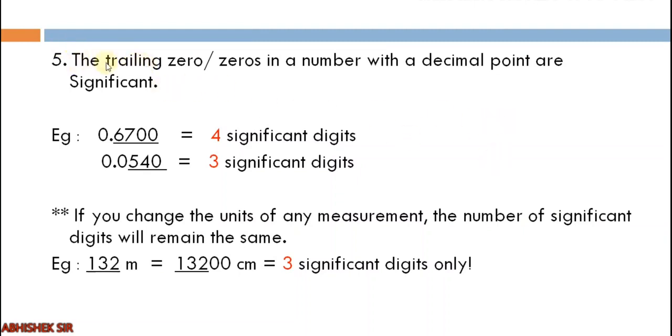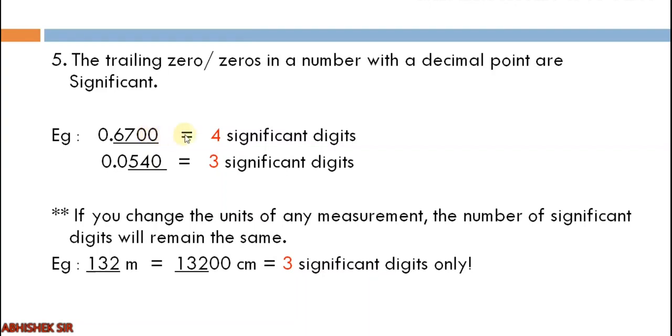Trailing means those which come afterwards. The trailing zero or zeros in a number with a decimal point are considered significant. So first condition, the number must have a decimal point, and the second condition, whatever zero is included after any digit in a decimal place is significant. So here you can see 0.6700. First of all, less than 1, so 0 point something. Then the trailing zeros are after 6 and 7, so they both are